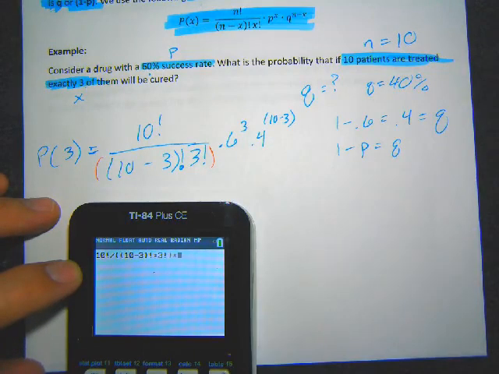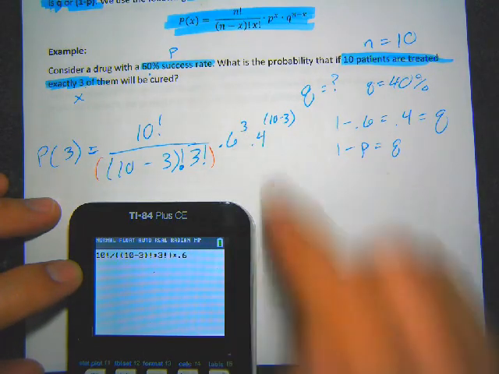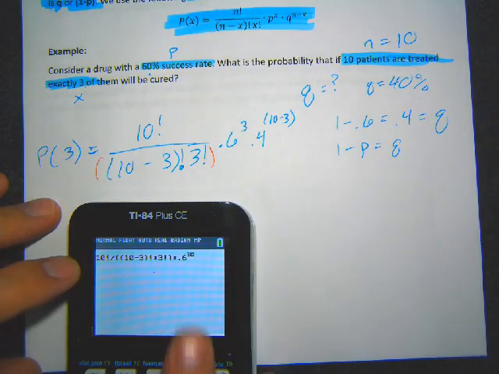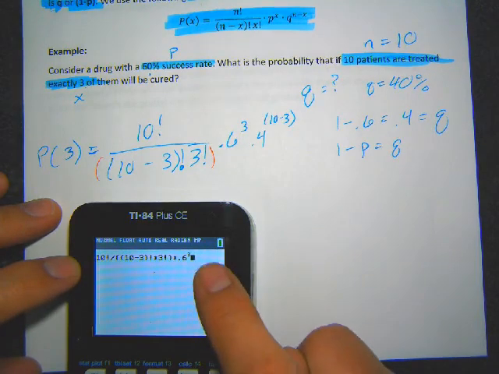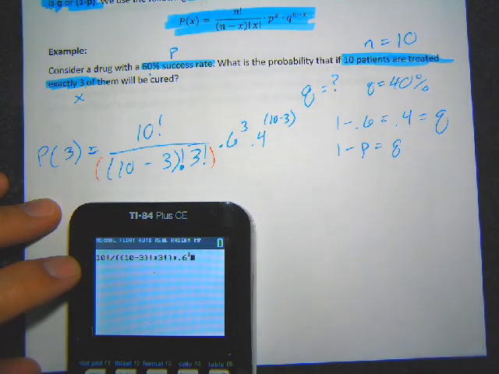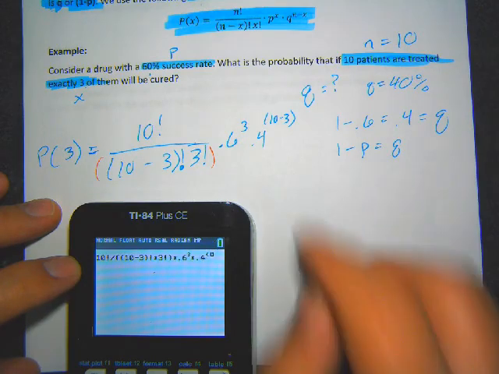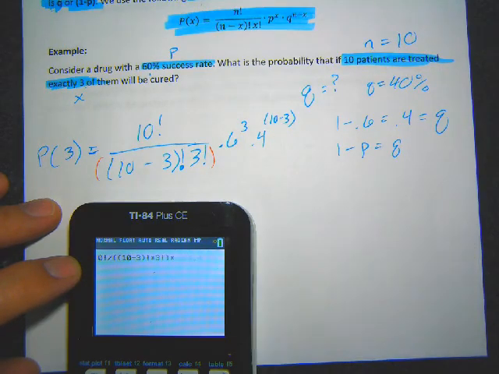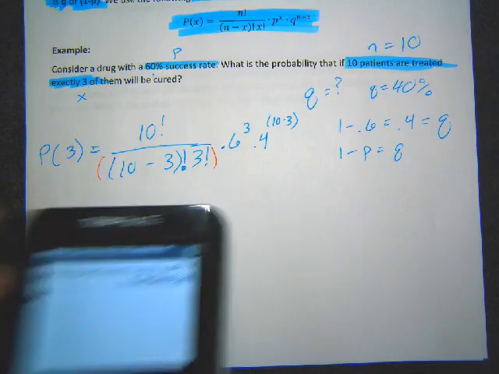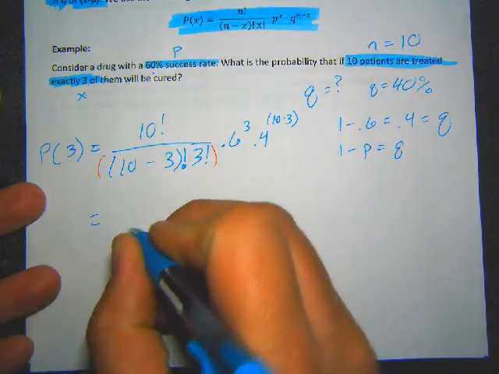Now I'm going to do times 0.6, because it's 0.6 to the third power. Make sure if you have a calculator like mine, you get out of the power before you type the next part, so I can do times 0.4 to the, and I'm going to do parentheses around this power, 10 minus 3. Okay. All that in there should give me an answer. Yeah, that looks like what it's supposed to be. It gives me